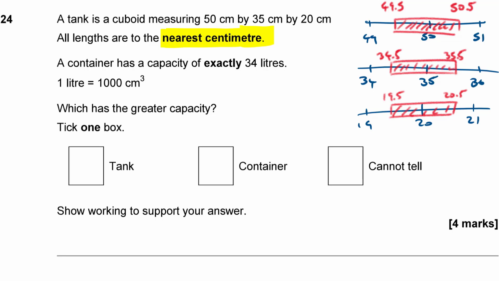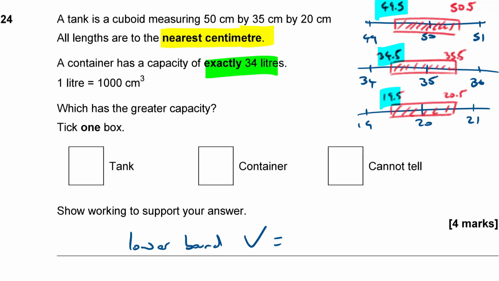Right, so we're comparing it to this other container, which is exactly 34 litres. So basically, we want to find the upper and lower bound of this cuboid and compare it to this exact capacity of 34 litres and see what we've got. Okay. So the smallest possible cuboid is going to be my 3 small measurements. Okay, so lower bound